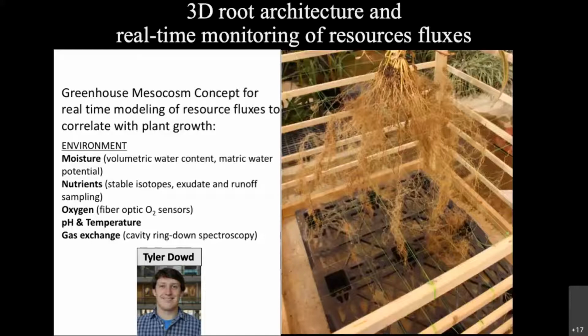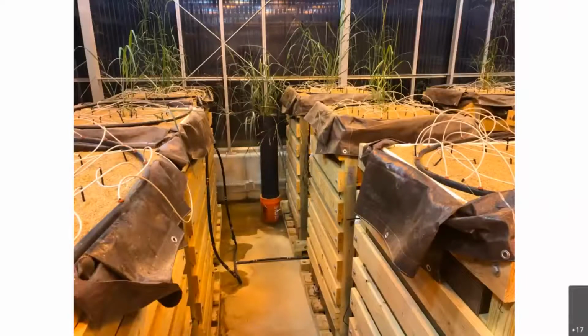And then we built a 3D grid, so basically fishing line and anything. And this is a sorghum root system. Once we cut the bag open and remove the soil, we're capturing the entire root system here. We've gotten a little bit more sophisticated, so we have a greenhouse full of these mesocosms,